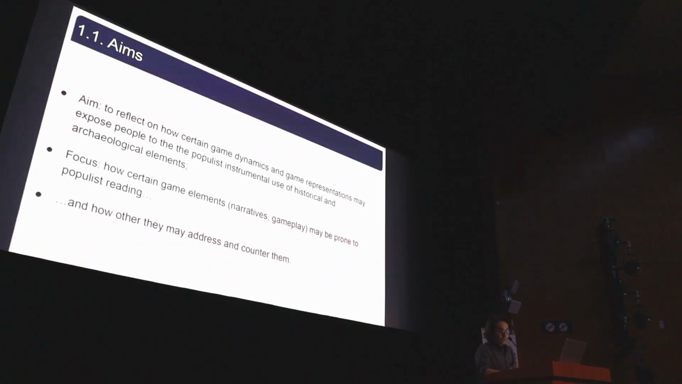The aim of this presentation is to reflect on how certain game dynamics and game representations may result in an increased attitude to uncritically accept propaganda that makes pretextual use of history. To do so, we will focus on certain points related to the ludic representation of the past through gameplay and game narratives, discussing how they may facilitate certain populist forms of propaganda and how different game dynamics can instead address